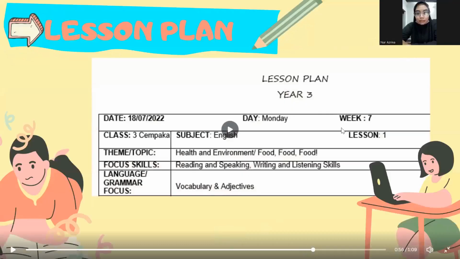And for the lesson plan, the topic is health and environment, which is food, and the class is 3 Cempaka, and the date is 18th of July 2022, and we do the lesson plan in week 7, which is Monday, and for the focus skills, reading, speaking, writing, and listening skills. So